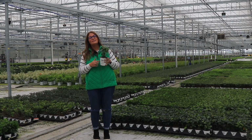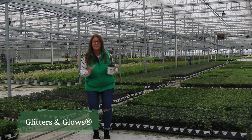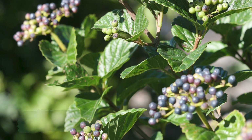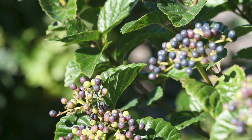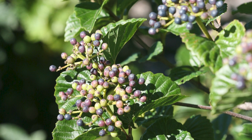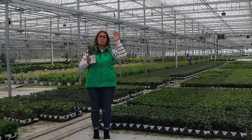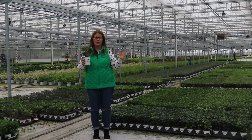Our next plant is the Glitters and Glows Viburnum. This guy is new for 2022 and he is quite literally magic. So typical viburnum, they produce those beautiful berries in fall and winter that the birds completely adore. And that's a lot of the reason many growers will pick the viburnum, for those berries. So the tricky part is that when you want to produce the berries, you have to have 2 different cultivars planted next to each other in the same area so that they can pollinate each other,